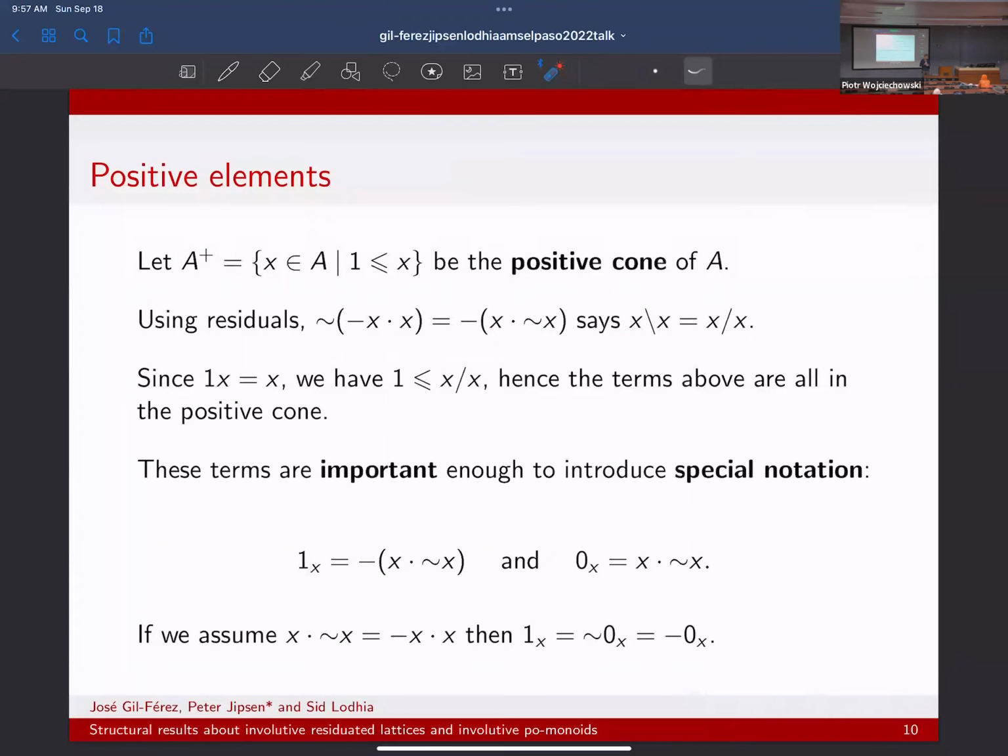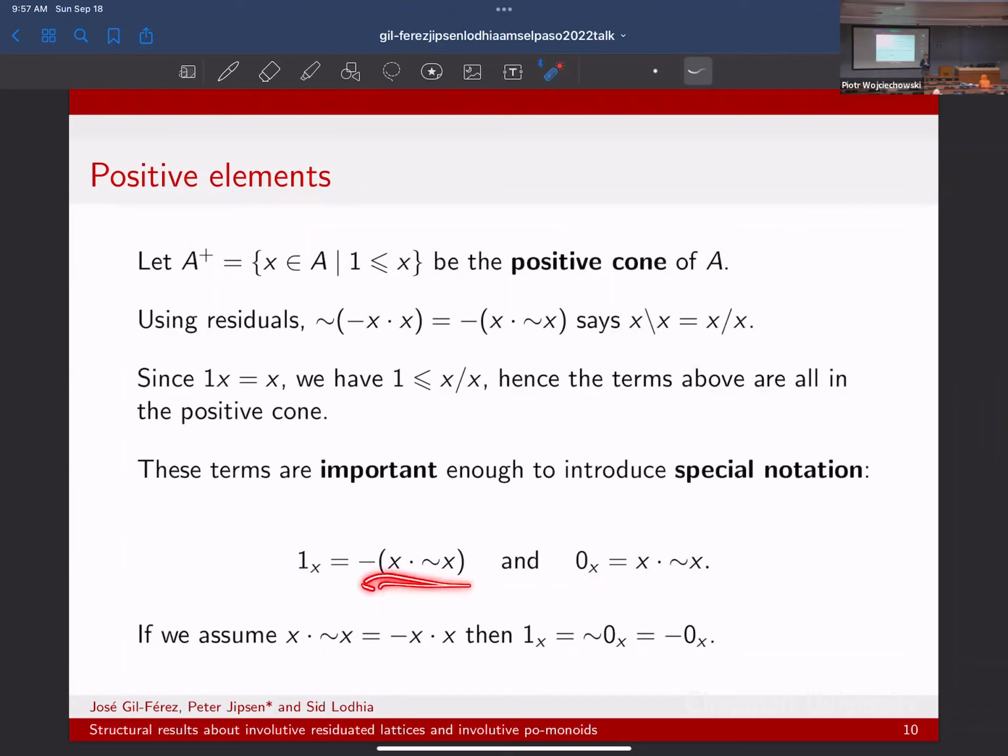And so we also, this is very standard that if you have an identity element, 1 times x is x, and then we can residuate it by dividing with the x on the standard side, and we see that 1 is below x over x. And so all these terms here are actually above the identity, so they're in the positive cone. And these terms are important enough in our discussion that we give them a name. These are the local identities. So 1x and 0x